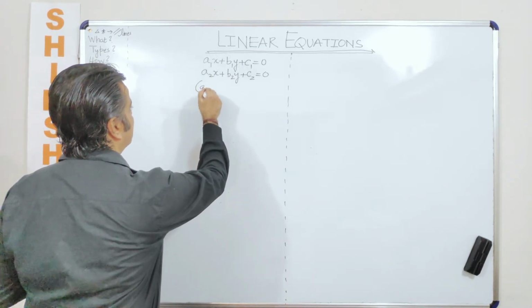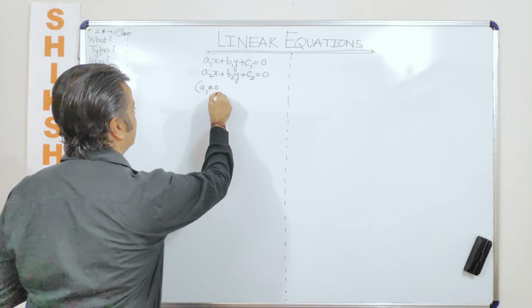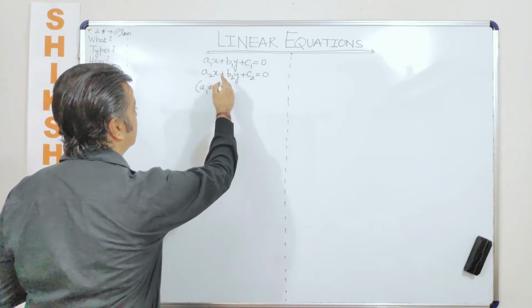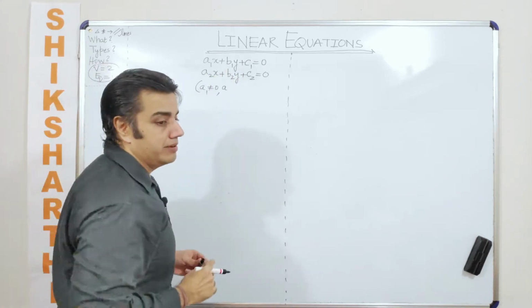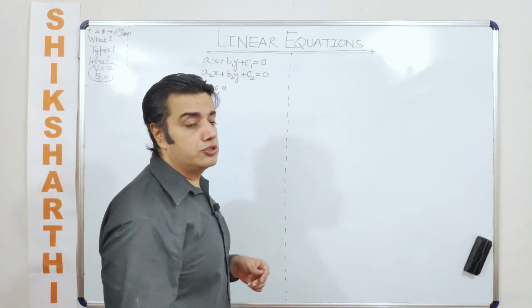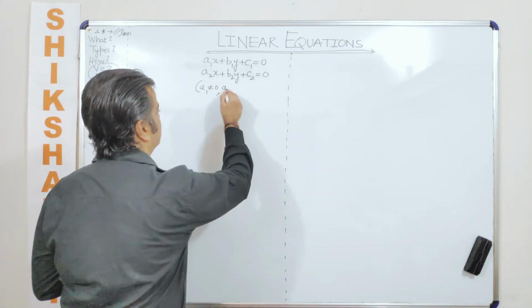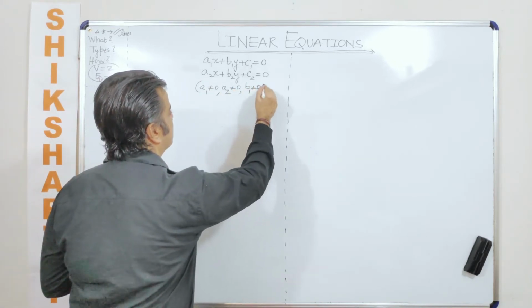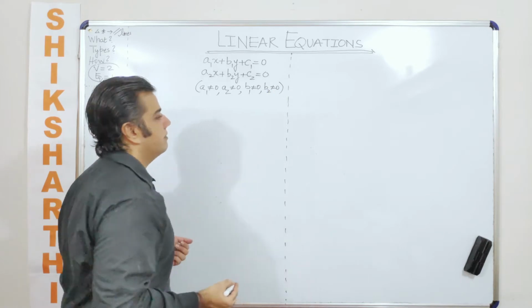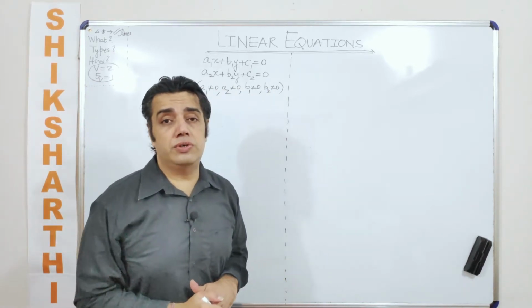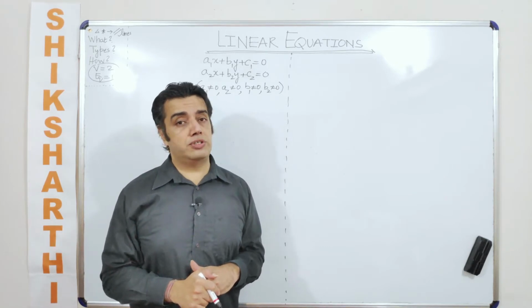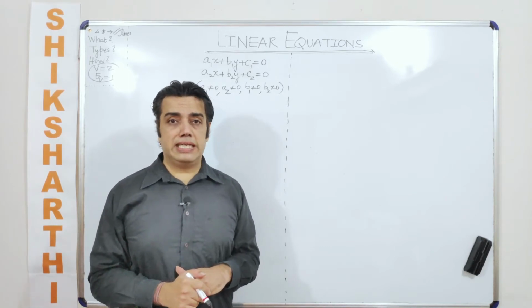Okay, now when I talk about this, in addition to this, I need to specify that none of them can be equated to 0. When I talk about none of them, I am basically referring to the coefficients of x and y. So they can take any number value except for 0. What if I put c1 and c2 equal to 0? So please refer to my first or the second video on this. You'll get enlightened on that.